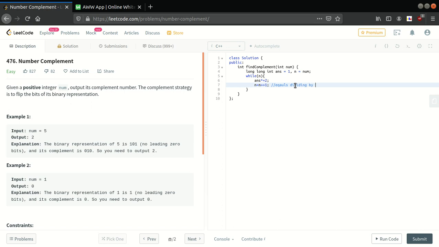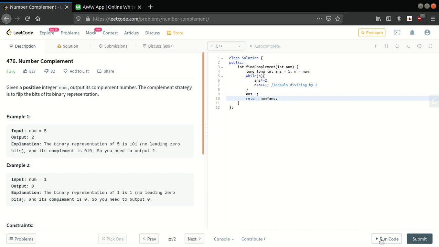Now we have calculated 2 raised to the power number of bits. We have to reduce it by 1 and our answer will be XOR of our input and answer.